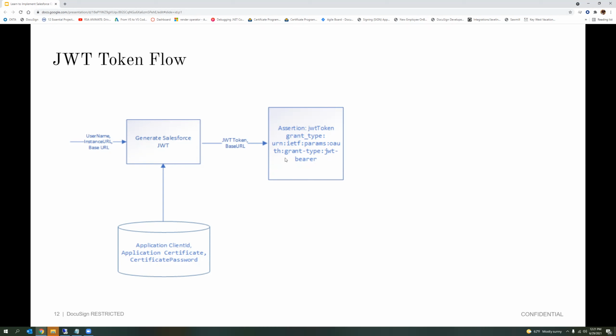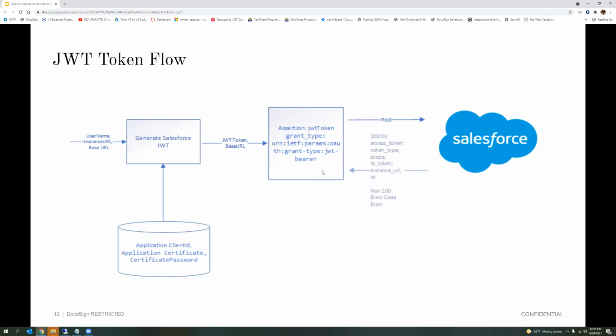If you have seen a SAML implementation, the grant type changes to the SAML bearer. This is going to be a JWT bearer authentication token, so it's pretty straightforward to use. Once this POST body is generated, we send it to Salesforce, and Salesforce does all the required work. It's OAuth 2.0, so it authenticates you based on the client ID and the certificate. Then, if everything is okay, voila, if it's a 200 OK response, you get back an access token.